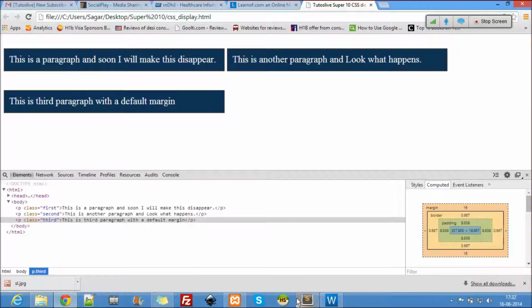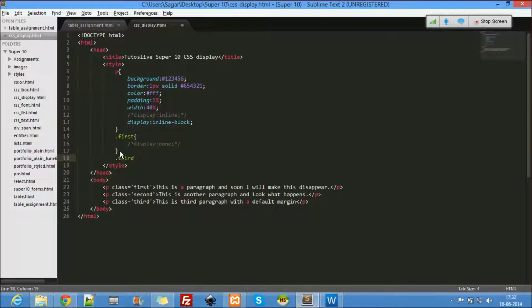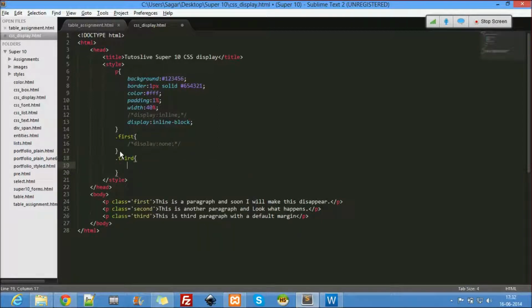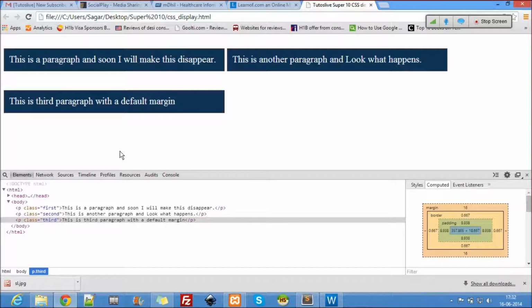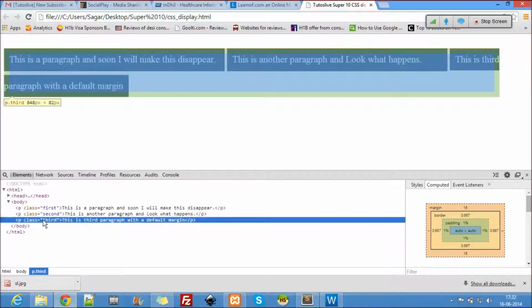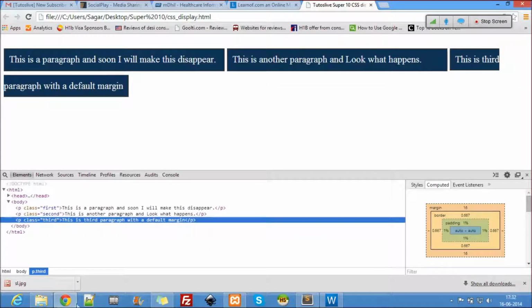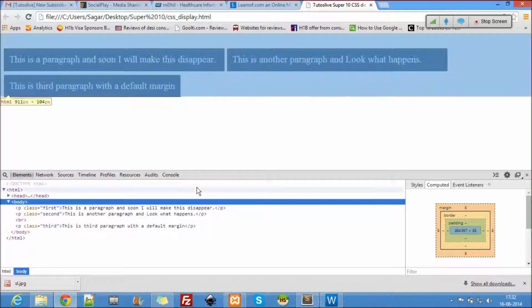Now let me do this here: third, display inline. Let's see now. I said display inline. Let me use a BR there, just to show how much space it occupies.